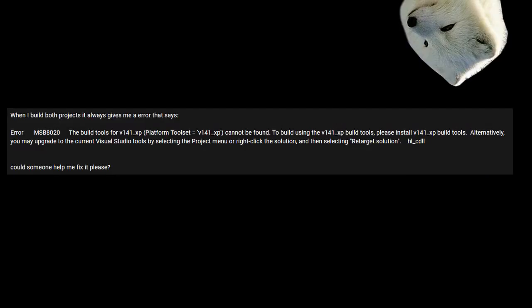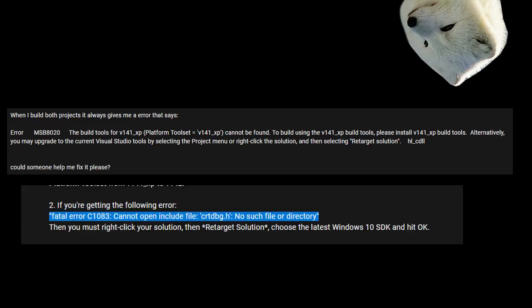There have been some changes since part 1. Several people contacted me via Discord or in the comments section because they had issues either with the 141XP toolset or the universal crtdbg header. I think now is the perfect time to delve a little bit into Visual Studio project files and fix all